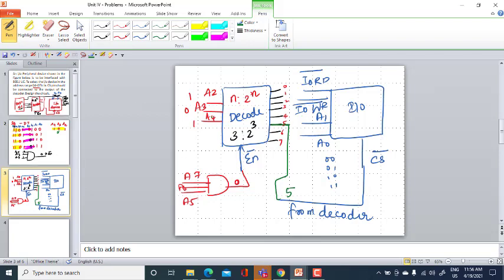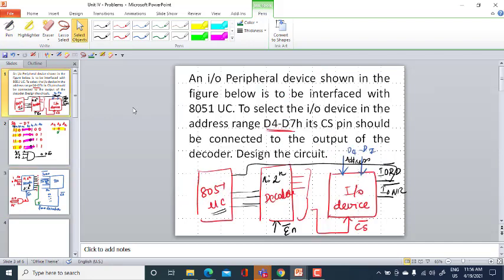So now this A2, A3 and A4 will be connected to your microcontroller. Okay. Because your microcontroller will give this value, namely 101, to the decoder, and from where 5 is selected and that is being given here.